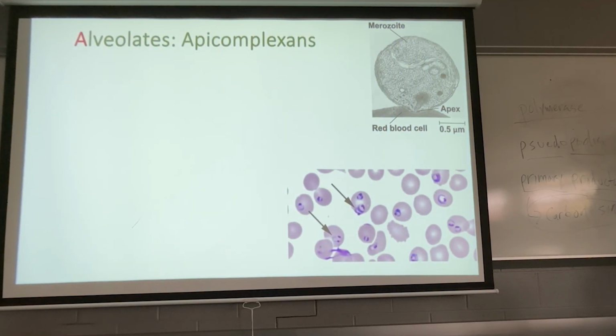Our last example we're going to look at, at least today, and we're probably not going to get through it, are the alveolates. Now the name alveolate refers to a structure called an alveolus, which if you've taken any anatomy is in our lungs, right? It means air space, or air cavity. These guys are named because underneath portions of their cell membrane, they have these big vesicles that look like little alveoli or air spaces under a microscope. And that's where the name comes from. All these are fluid-filled sacs that increase surface area and allow them to perform certain functions for